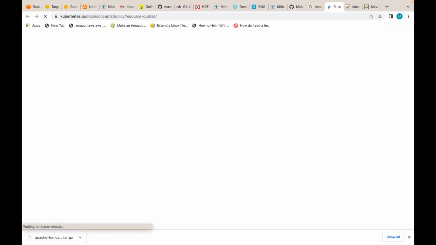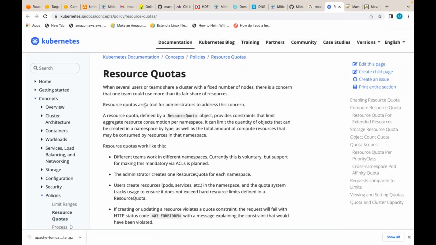Resource quota is an API, again a Kubernetes object. Does that resource quota provide constraints that can limit resource consumption per namespace level? Using that resource quota, can I limit the aggregate resource consumption per namespace level? At a namespace level, can I restrict how many pods can be created, how much CPU and memory can be used